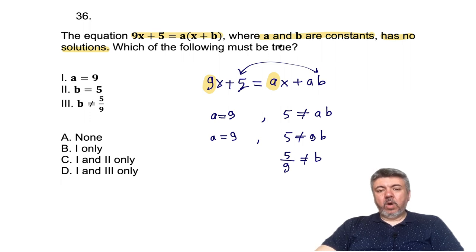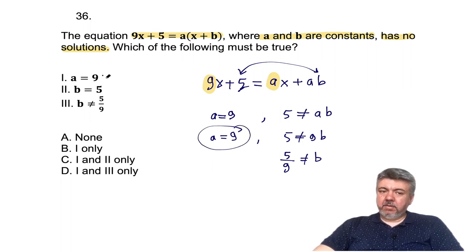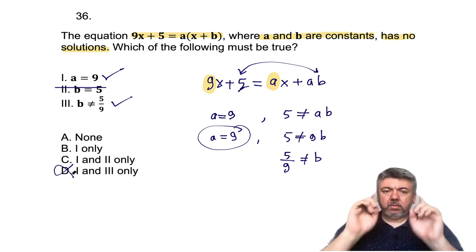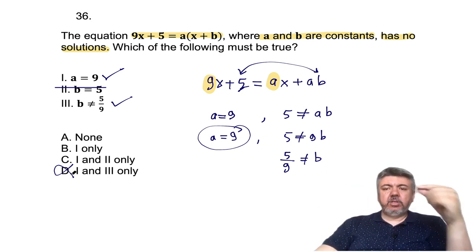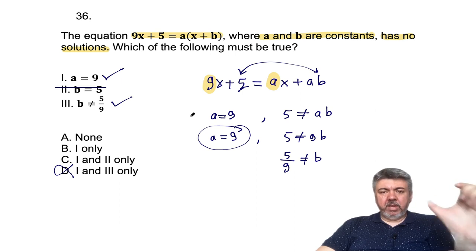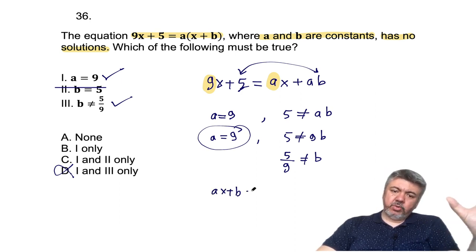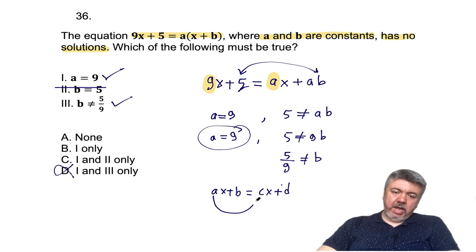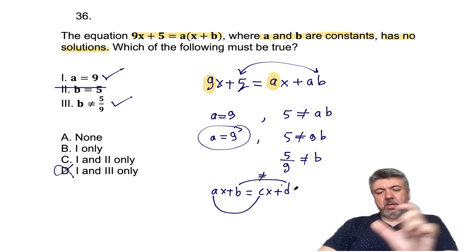So, what must be true? A must be 9, check. And b should be other than 5 over 9, check. So, b is not correct. 1 and 3 only. Once again, if two linear equations of one variable are equal, like ax plus b equals cx plus d, if they say no solutions, you equalize the x coefficients and you make different the constant